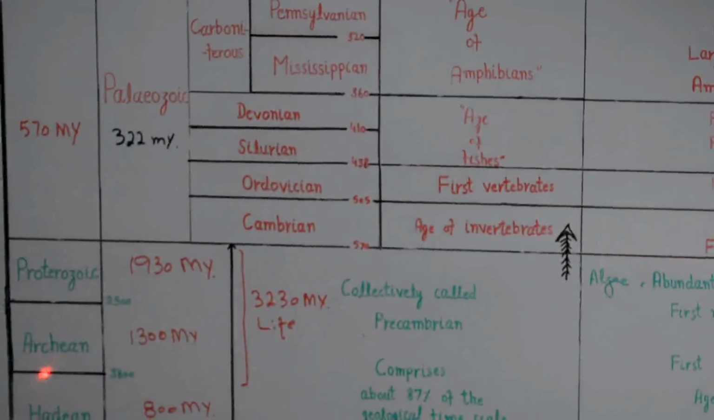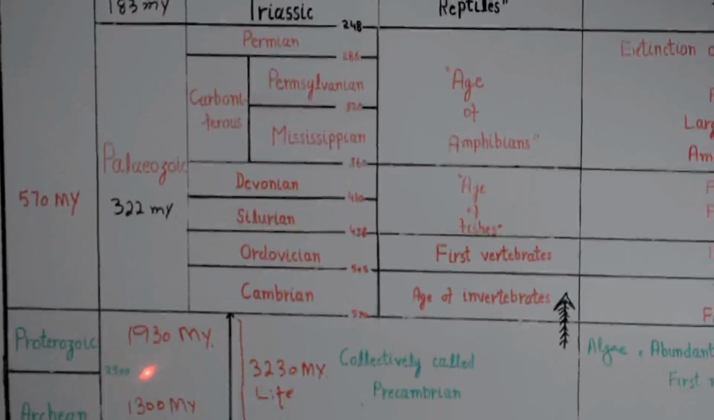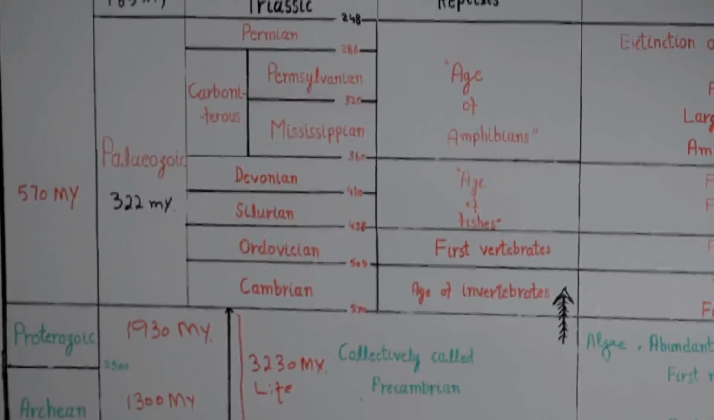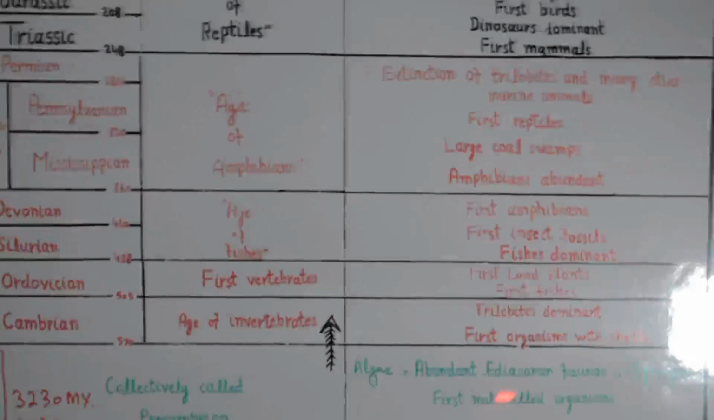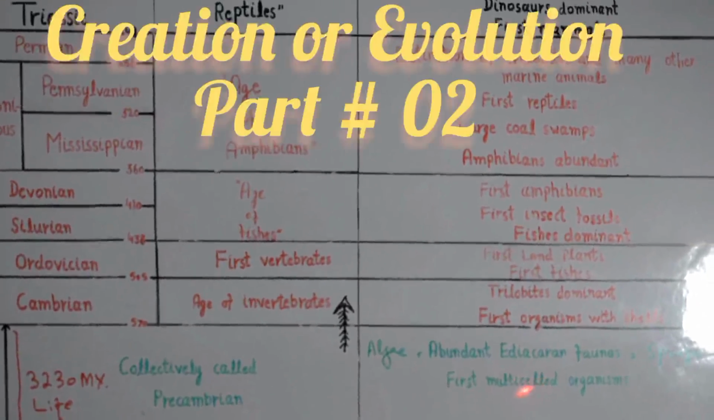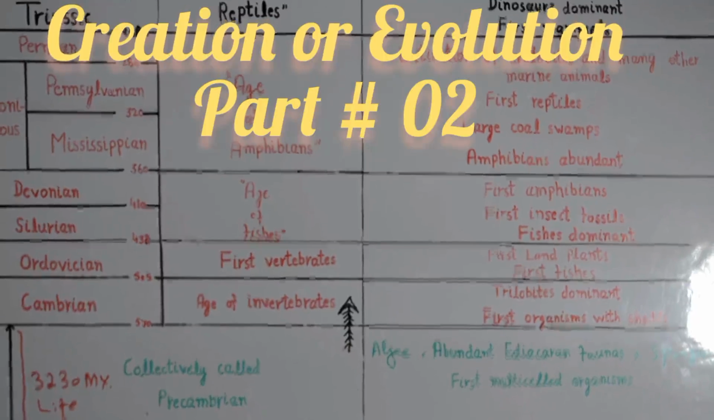Then the third one is Proterozoic. Its duration is almost 2,000 million years, and very simple life in the form of algae, Ediacaran fauna, and sponges are found. Algae, you know, these are plants. Ediacaran fauna, scientists are still not clear whether these are plants or animals. Sponges are very simple animals. The last eon is the